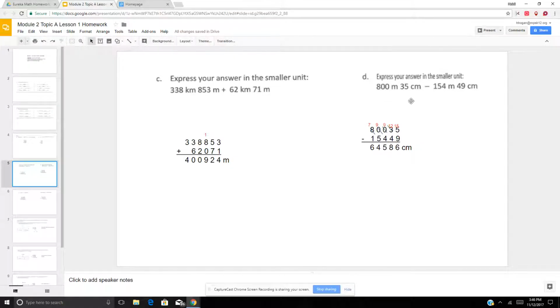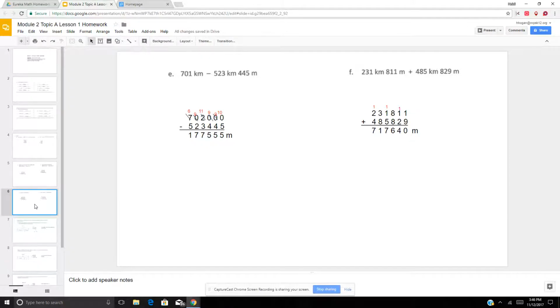800 meters, 35 centimeters. 800 hundreds. So we add 2 zeros, so that's 80,035. 154 hundreds, which is 15,449. And we're subtracting. And we get 64,586 centimeters. Okay, so the main thing for this, you should be able